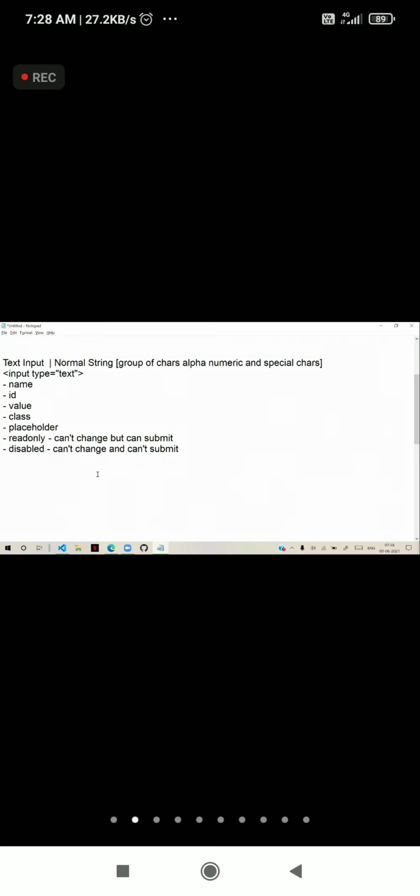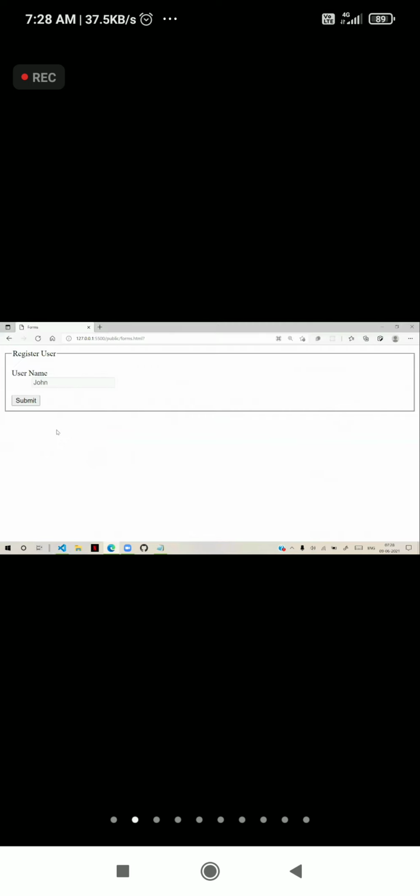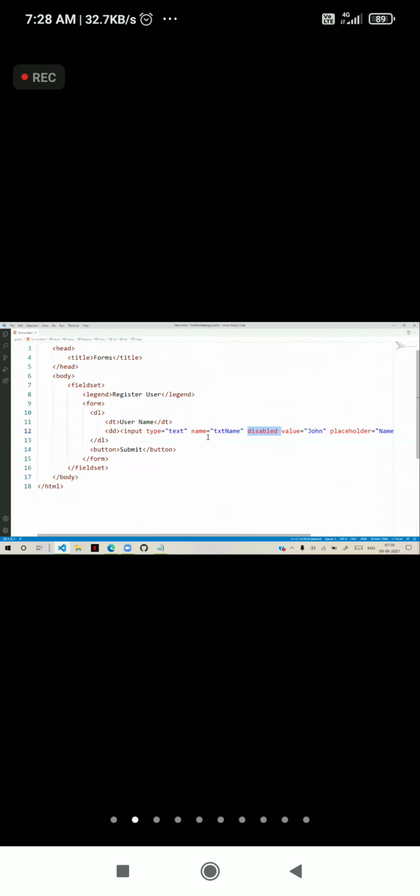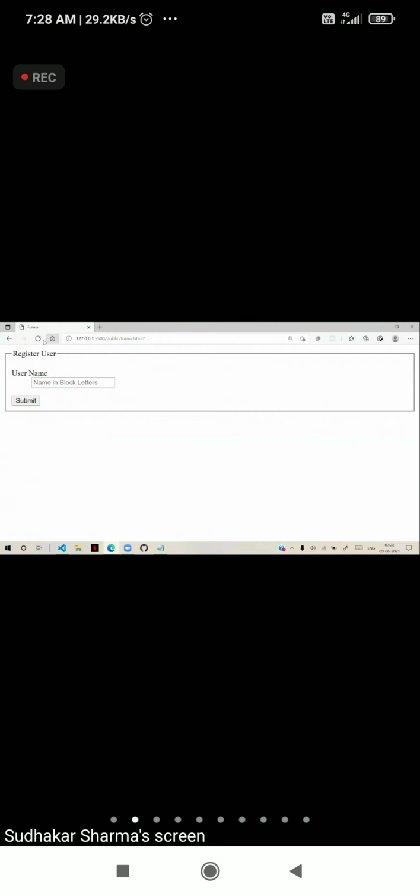Another important attribute we have is autofocus. Generally, whenever the page loads, the focus does not come into the control automatically. You see when I refresh the page, now the cursor is not present inside the text box.